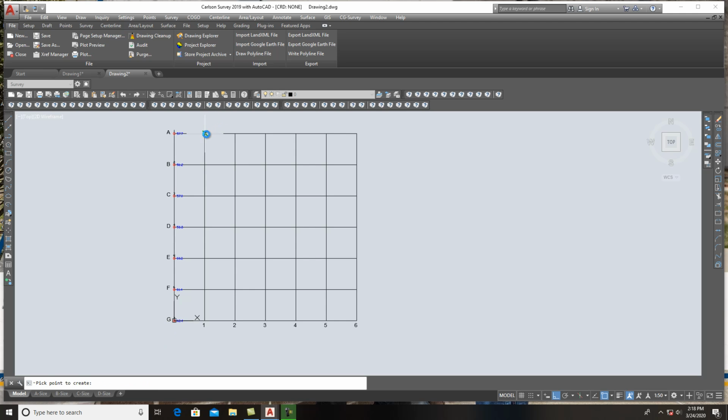The next one is 59.2. The next one is 57.7. The next point that we got was 58.2. The next point that we have is 60.2. The next point is 61.7, 62.8, and then 63.7,